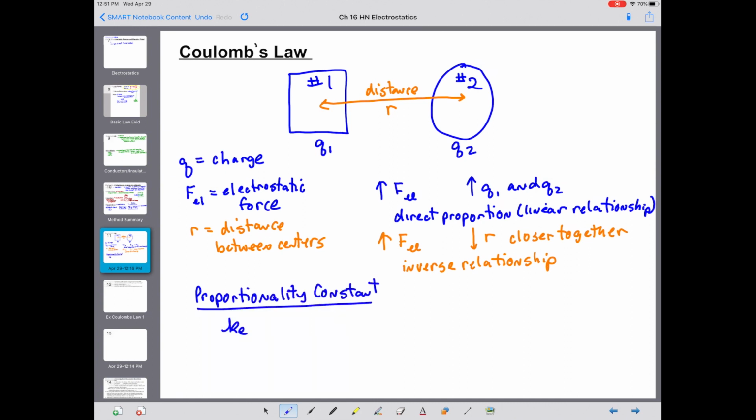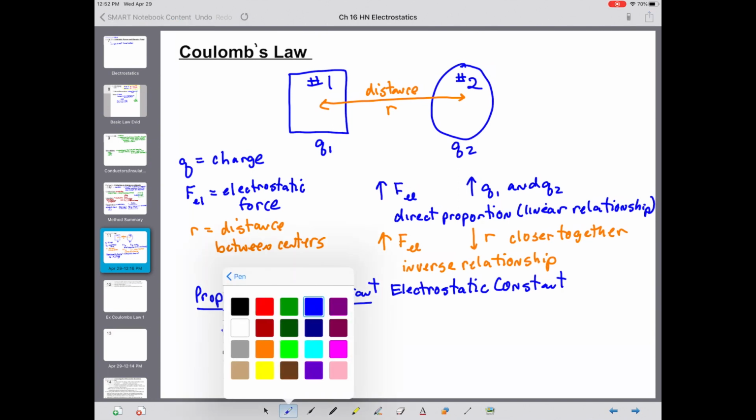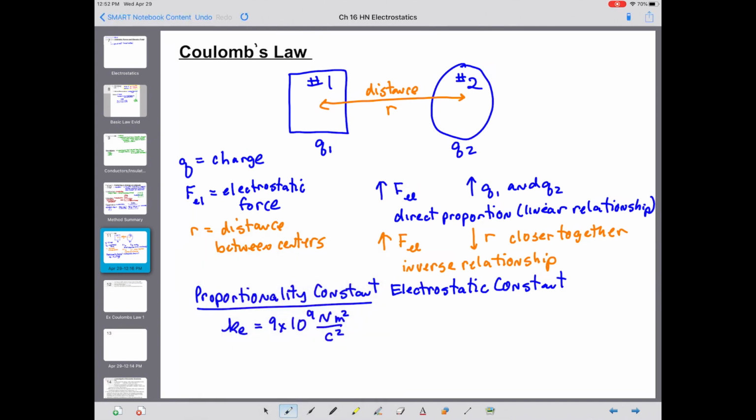Our proportionality constant is K sub E, and it is referred to generally as the electrostatic constant. It has a value of 9 times 10 to the 9th Newton meter squared over Coulomb squared. So if we assemble these all together into an equation to calculate electrostatic force, K sub E, our proportionality constant,